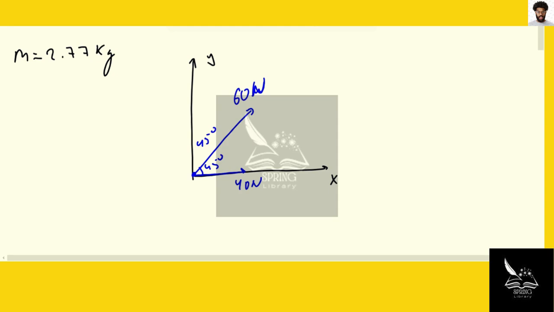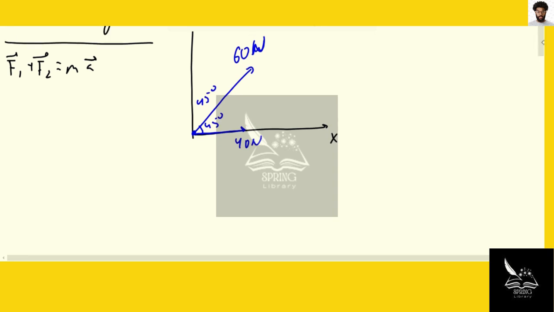Now let's write down the second Newton's law. F1 plus F2 equals mass multiplied by the acceleration, all in vector form. So now we have to find the total force. To do it, we'll use the sum of these two vectors. To calculate the